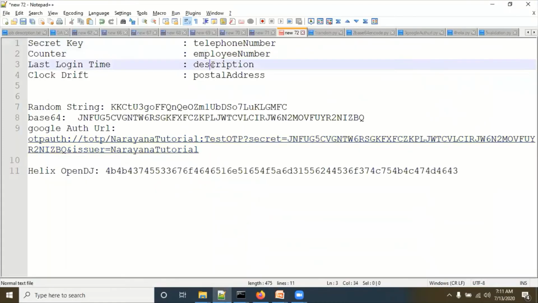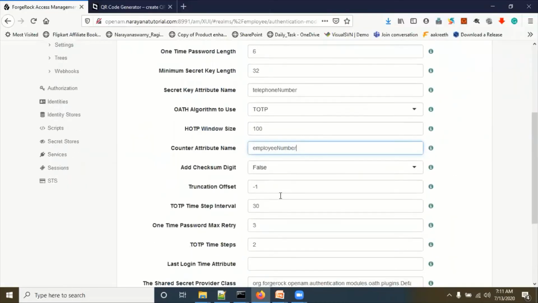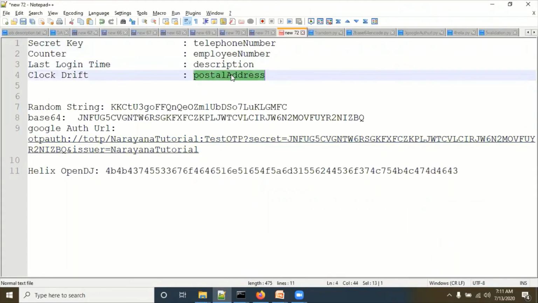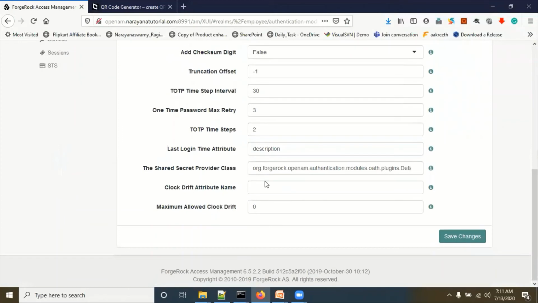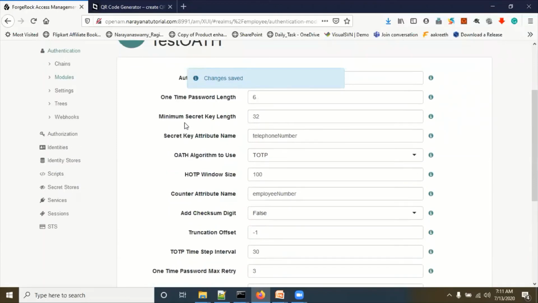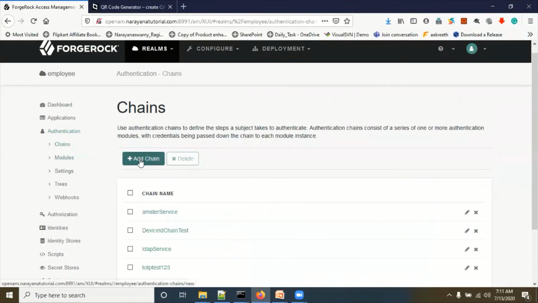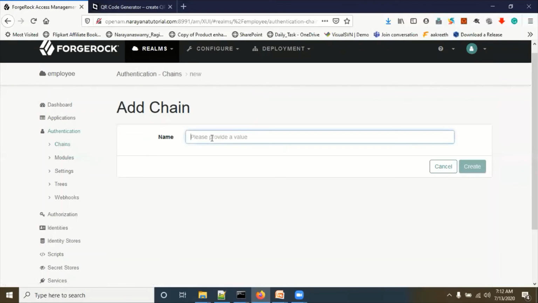After that, last login time, I can give description and clock drift, postal address. Okay, now click on save changes. After configuration of this test OAuth, now we have to make it in the chain. Go click on chains on the left side, add chain, test